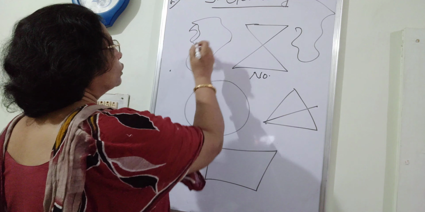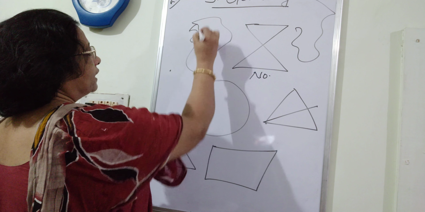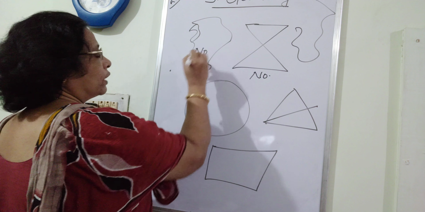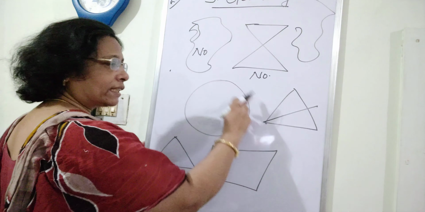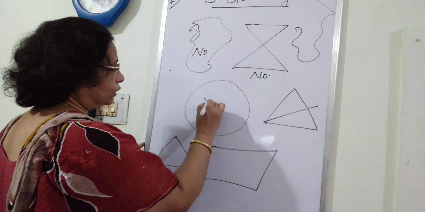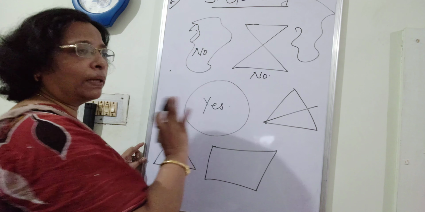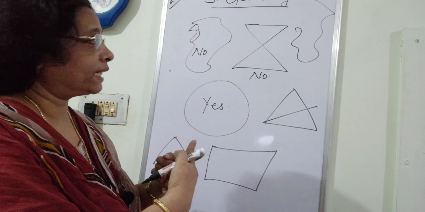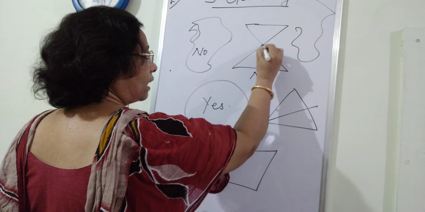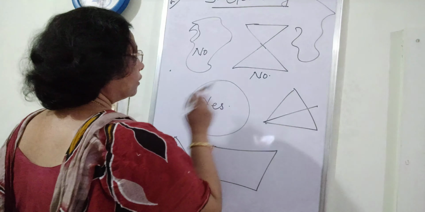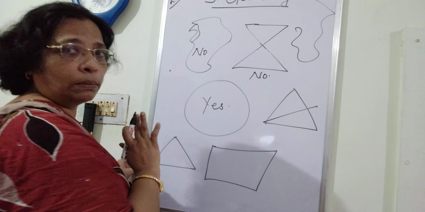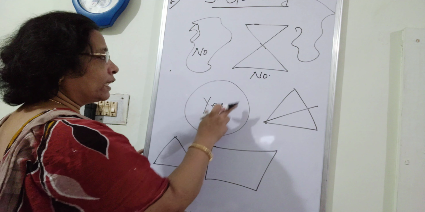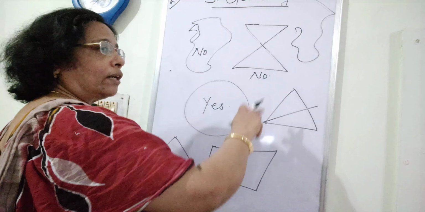This one also is cutting in this way. Here it is cutting, so it is not a simple closed curve. This one, is any cutting coming? No. So it is a simple closed curve. It is not cutting in this way. Here intersecting is coming. Here also it intersects at these 2 points, so it is not a simple closed curve. And this one is not intersecting anywhere. That is a smooth curve only.